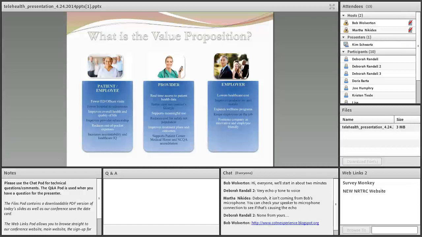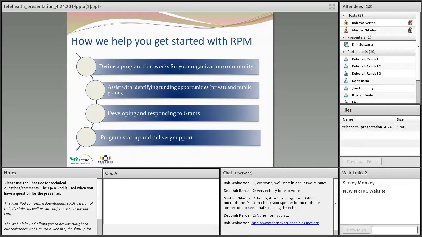Idealife has the best kiosk, I have to honestly say, all the ones that we've seen over the course of time. How we can get you started if you want to work with us on this kind of a project, define what your organization needs. We were working with a group out in New Mexico just on Monday. It's a co-op, and so they already have a partnership using community health workers that go out to the home. That's perfect. We can engage those community health workers to do the installations and the troubleshooting of the equipment.